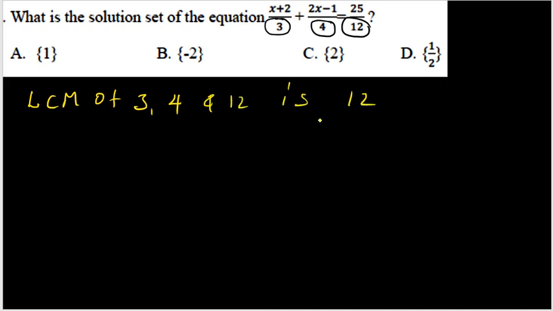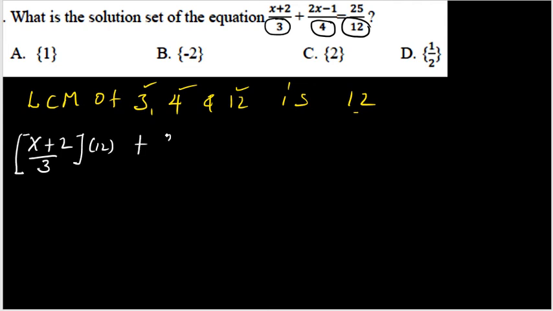The denominators are 3, 4, and 12. So let us think of their LCM, the least common multiple, of the numbers 3, 4, and 12. It is 12, obviously. 12 is a multiple of 3, 12 is a multiple of 4, and 12 is a multiple of 12 itself. Therefore, we can multiply each term by 12 to remove the denominators. So let's do it. (x plus 2) over 3 will be multiplied by 12